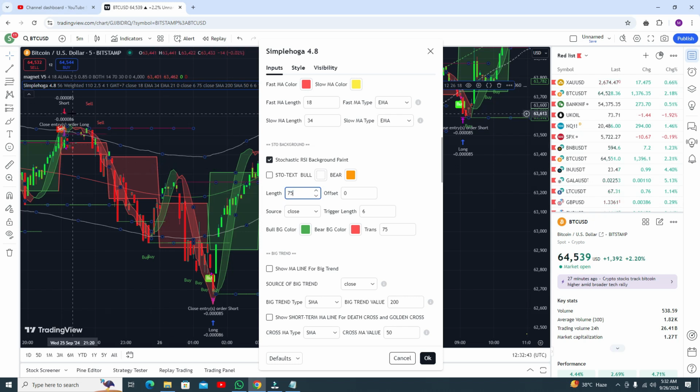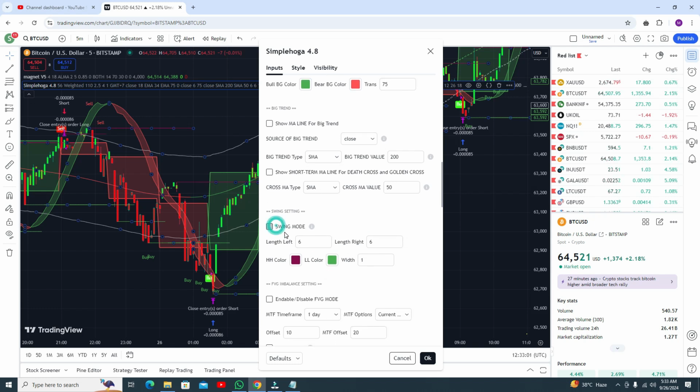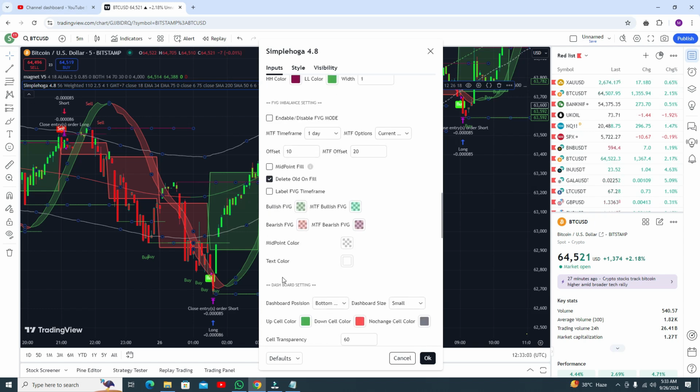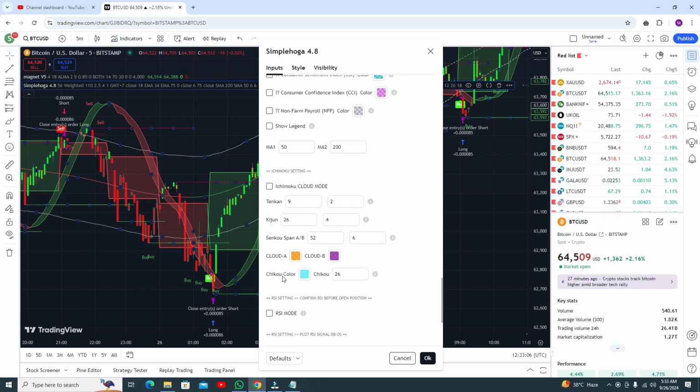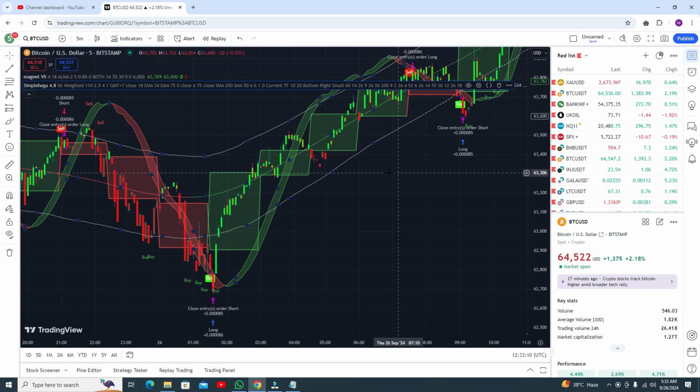And this is an RSI ribbon. You can see this is actually an RSI ribbon, 100% non-repainting. Okay, MA lines. If you need, you can check the value, but the recommended value is 250, but we do not need this right now. And uncheck this swing mode, and there are a lot of options here. We just need the chart to be kept simple, so it will be more effective.